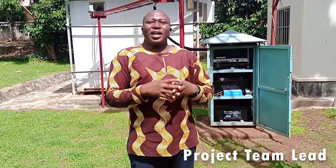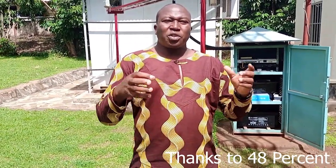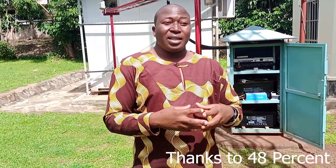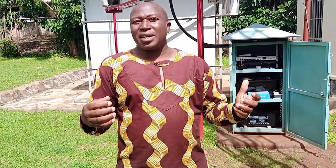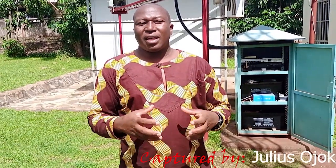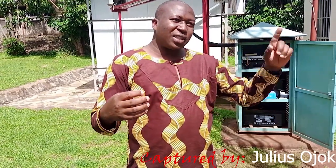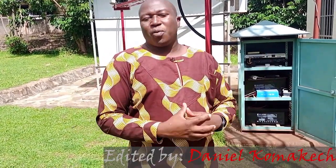This tower is really going to be a big achievement for the community, as BOSCO is reaching out to the unconnected, towards connecting the unconnected communities within this area. As we know, there are some areas here that are affected by network, so they cannot be reached by GSM network, but we are able to reach here now with the connection to the internet, therefore